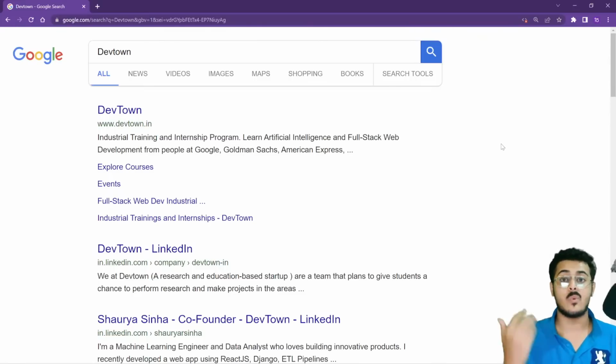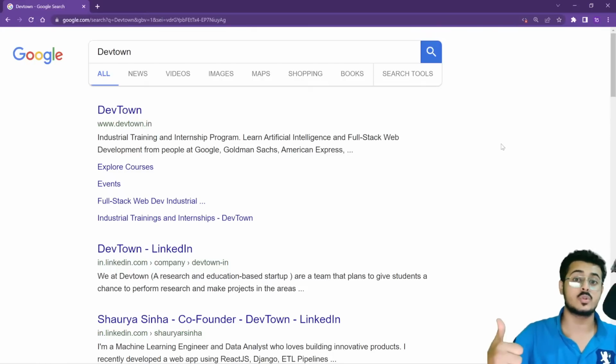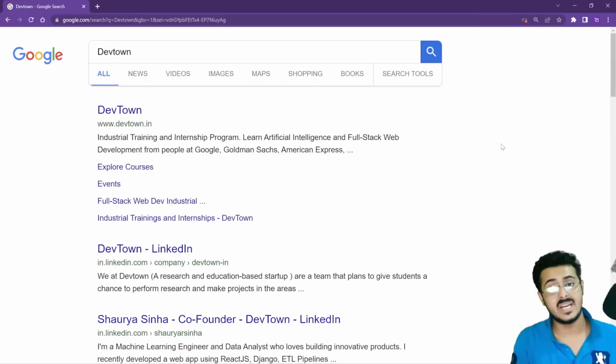That is the reason why we need to learn JavaScript, because it is one of the most used programming languages, especially in web development. The first most used programming language is JavaScript. The second most used is Python. JavaScript is used for both backend and front end web development because it is so versatile. That is the reason why JavaScript is used in every single company that you know of. You can think of any company and they will be using JavaScript somewhere or the other. That is how powerful JavaScript is.